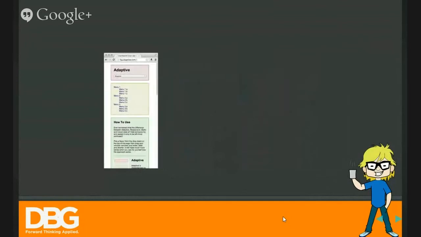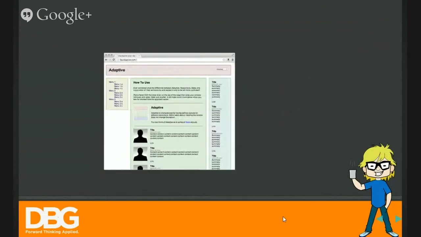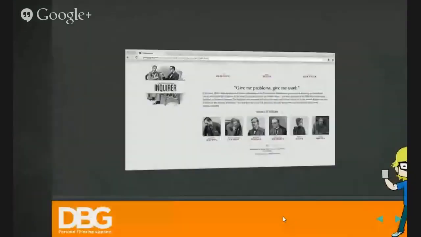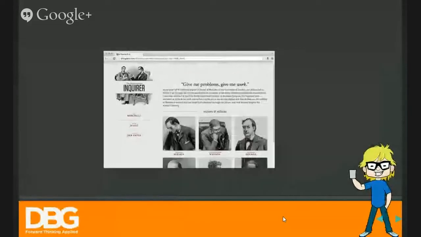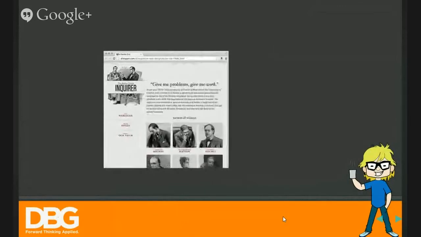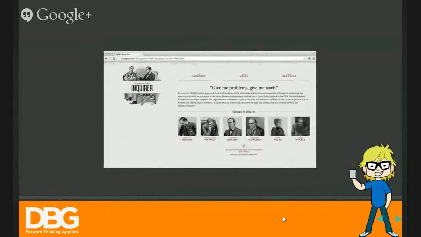In between these resolutions, there is no change for the whole layout in adaptive. But in responsive, the layout remains the same, but the content will break and realign.